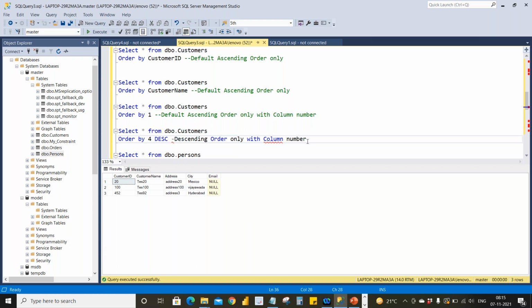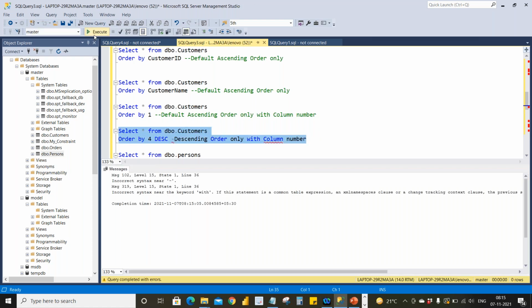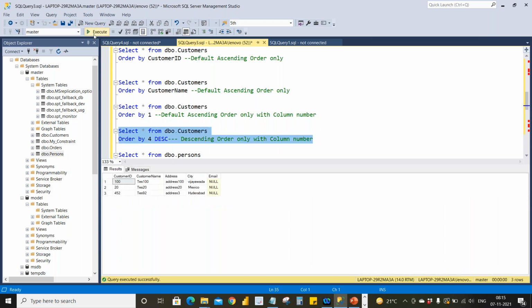Descending order with column number. So I have sorted with city. V being the largest one, M being the next largest one, and H being the lowest one.